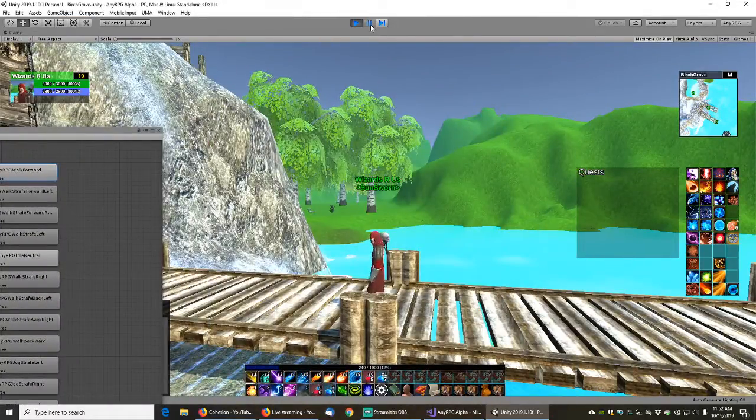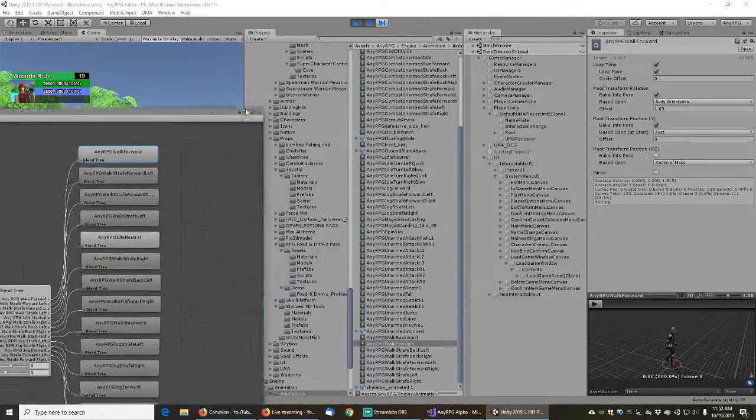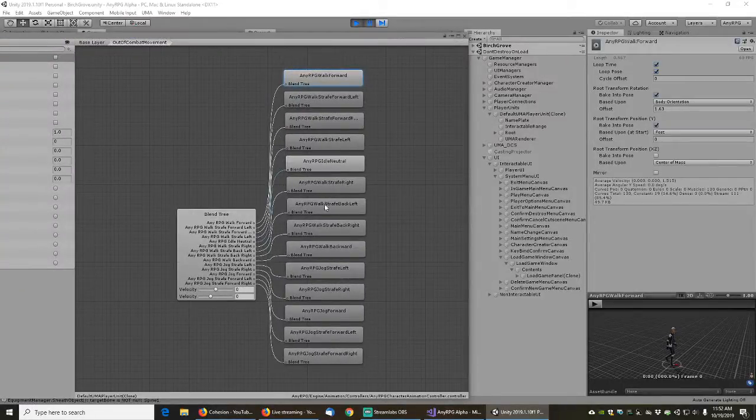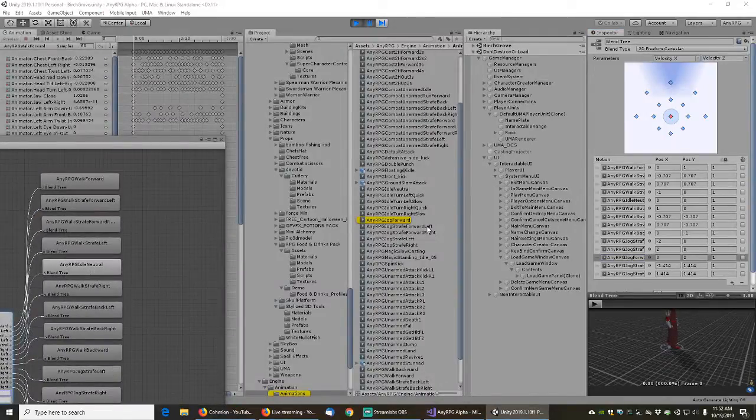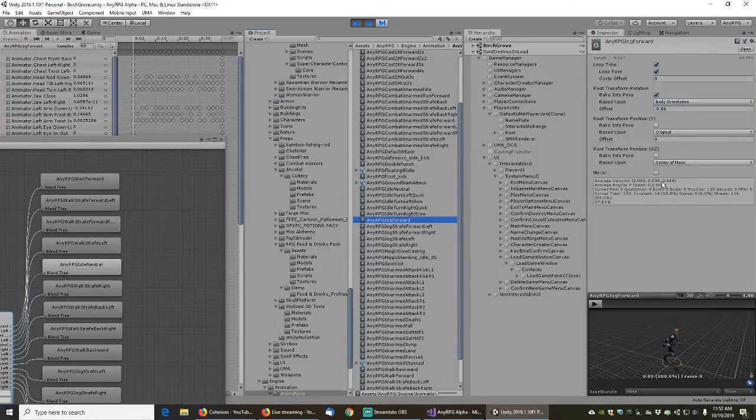Let me just pause that again. I think we're missing a window here. I can open up that, and I can click on that. There we go, AnyRPG jog forward. So if we open, here's that animation there. So you can see the forward velocity on this animation is 3.4, and since we're basically